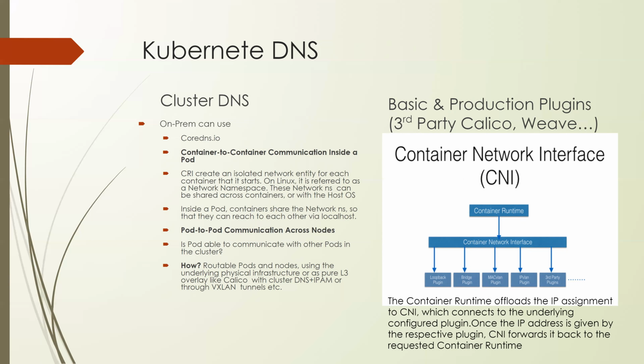Then it can be a loopback. If you are on a single host, you can use the standard host-based interface, which is a loopback plugin. So there are many plugins. You can have a bridge plugin, which is a layer 2 plugin. You can use the MACVLAN plugin, which is MAC layer VLAN, or the IPVLAN plugin, or you can use third-party plugins. So there are many plugins.